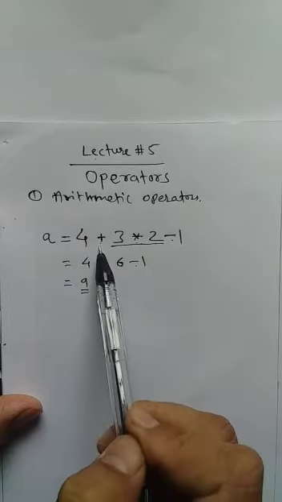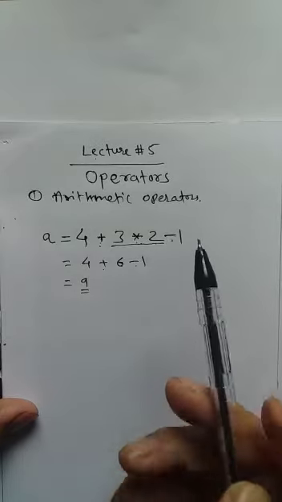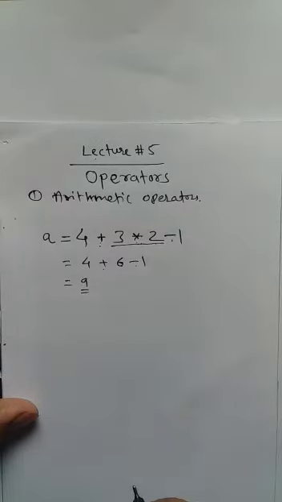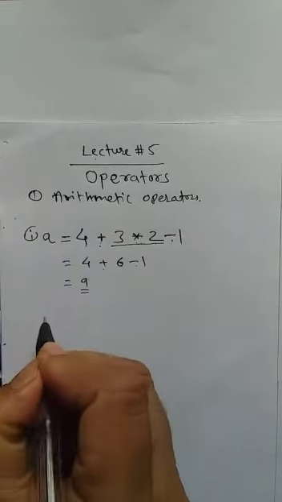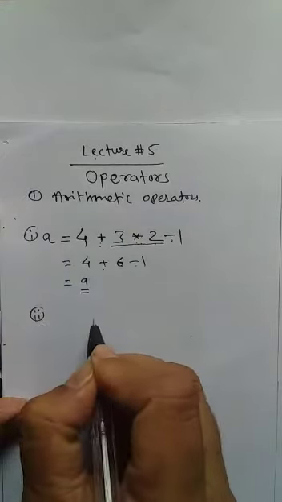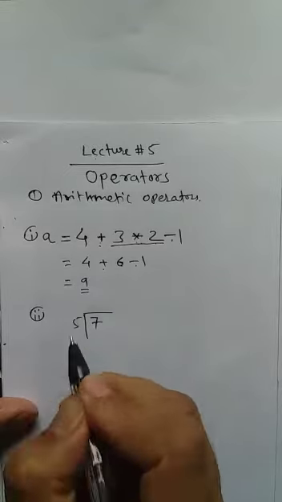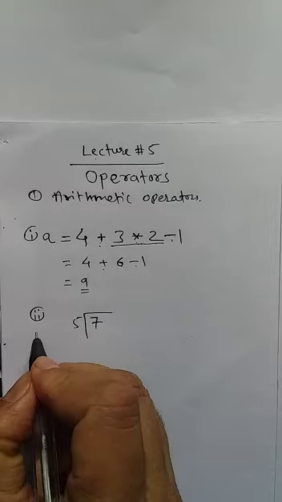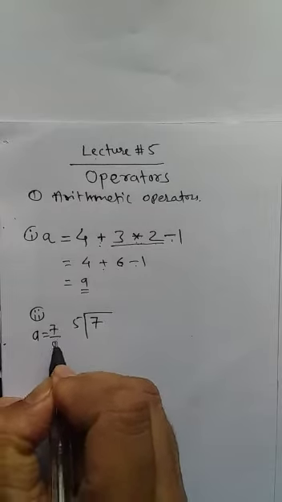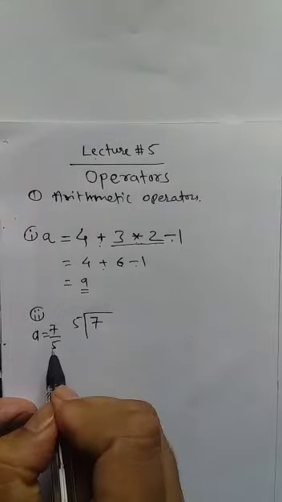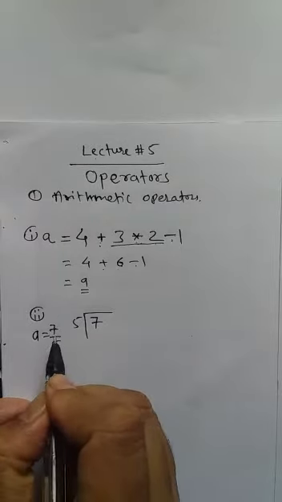So which operators do we have here? Plus, multiplication, minus. Okay, now take another example that we are familiar with. I am calling the previous one the first example. In the second example, we perform division, 7 by 5. So I am writing here a is equal to 7 upon 5. This is our numerator and denominator, and which operation are we performing?